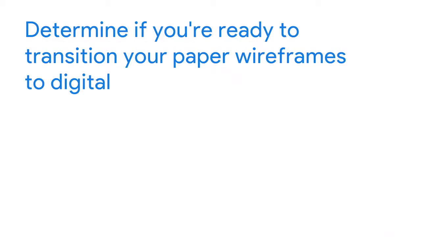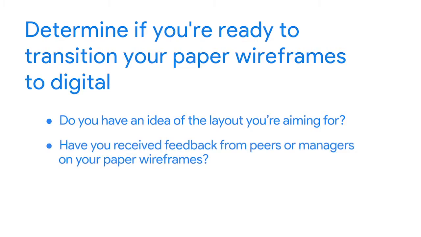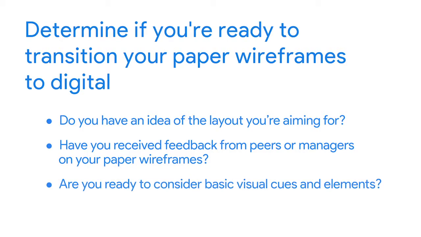To determine if you're ready to transition your paper wireframes to digital, ask yourself a few questions. 1. Do you have an idea of the layout you're aiming for? 2. Have you received feedback from peers or managers on your paper wireframes? And 3, are you ready to consider basic visual cues like size, text and typography, or other visual elements like content or images? If you answered yes to all 3 of these questions, then you're ready to start creating a digital version of your paper wireframes. But here's one tip. Be sure to hang on to those paper wireframes for your portfolio